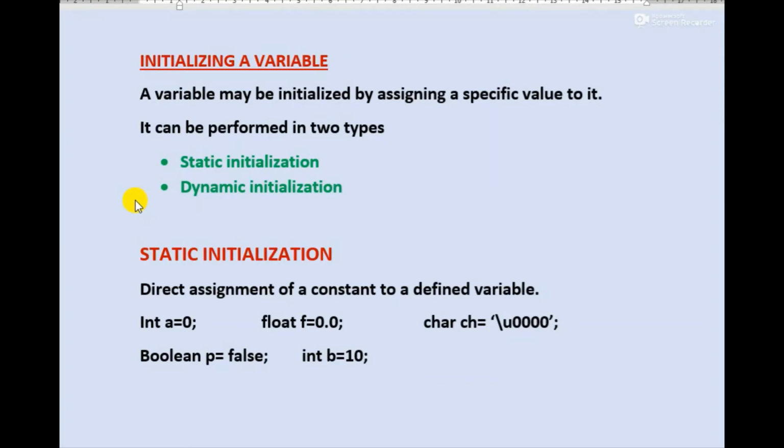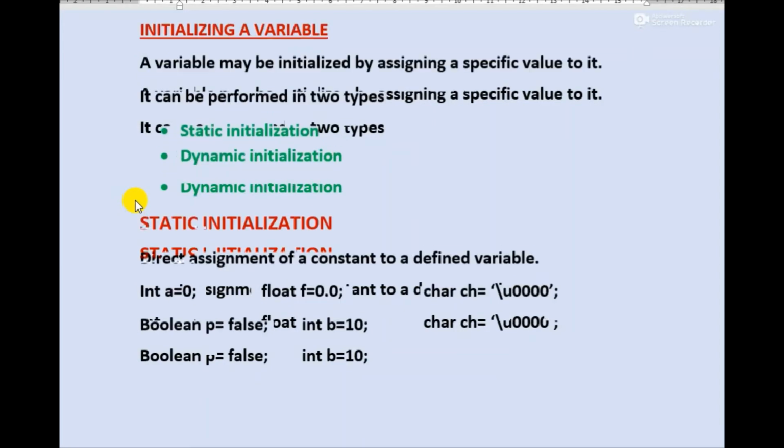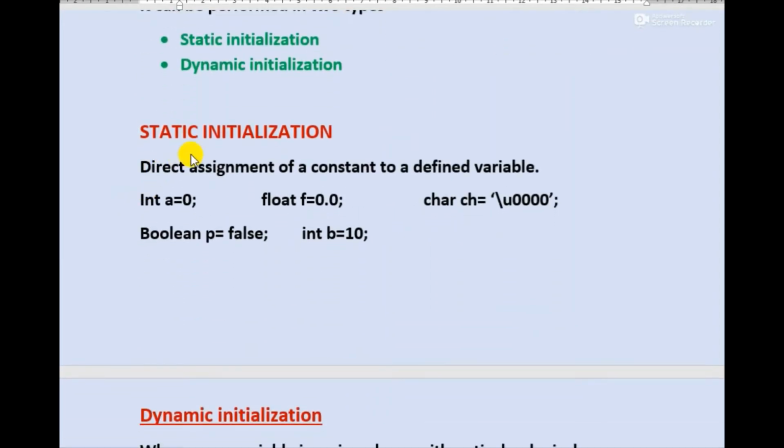Just understand the difference between static and dynamic initialization of a variable in a Java program. The first one is static initialization, which means direct assignment of a constant to a defined variable.